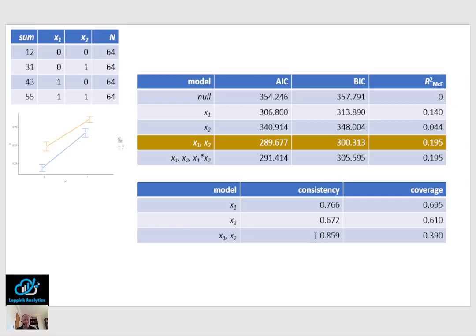Hence, a consistency of 0.859, almost 86%. So there are considerably fewer exceptions to the rule here than for just x1. So based on consistency, this would be a better model. Now, what is a little bit of an issue is that the coverage, of course, is lower here, which is